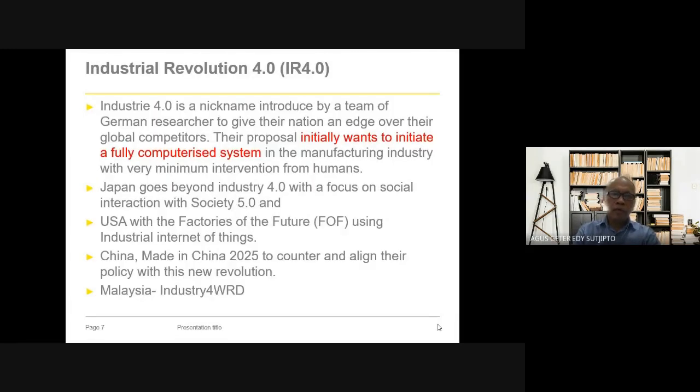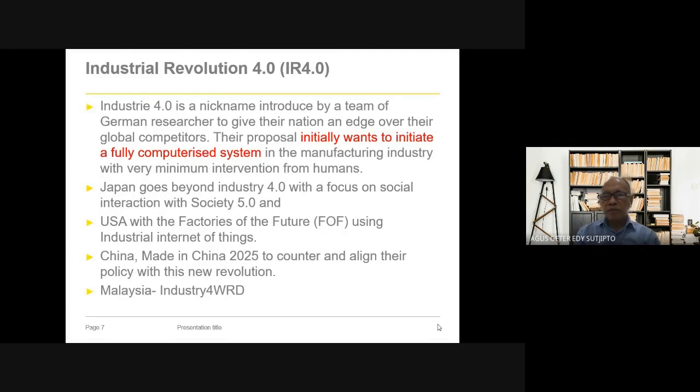What is it that the industrial revolution 4.0 started? Actually, this Industry 4.0 was introduced by a German researcher team, to give their nation an edge over their global competitors. Their proposal initially wanted to initiate a fully computerized system.